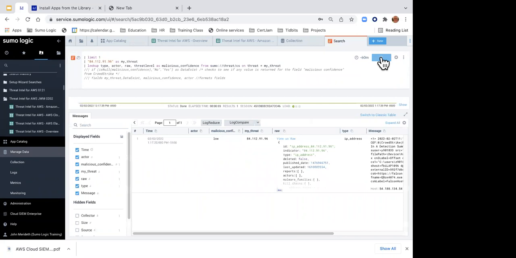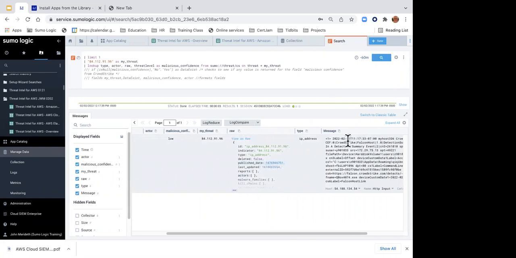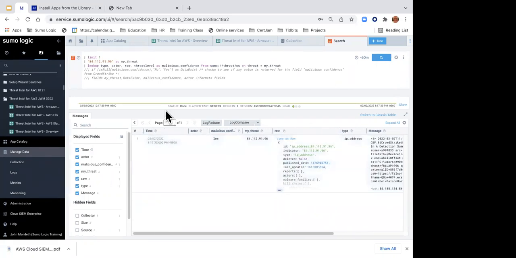My query will now execute, and it's going to look this information up. Here is my threat. The malicious confidence level is low. I can see the information that I send, the message I send back and forth between us and CrowdStrike.